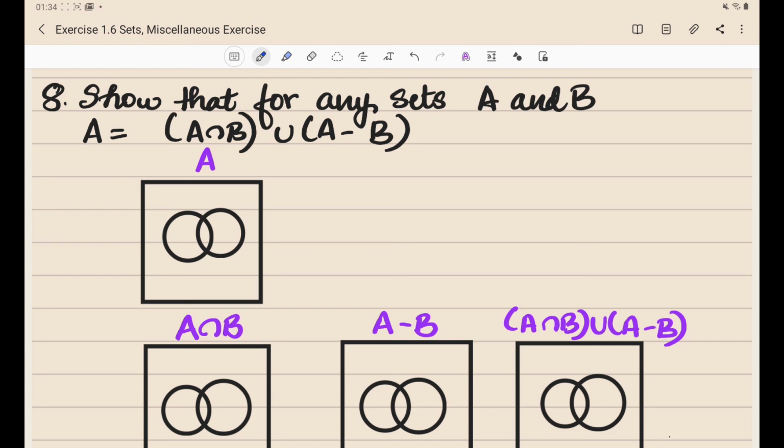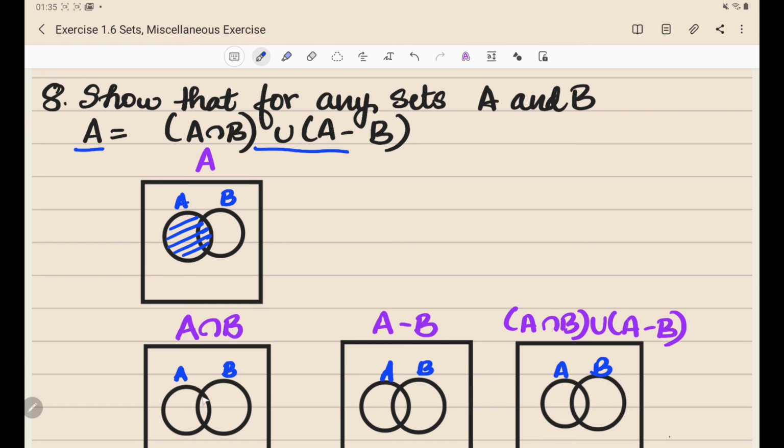If you are proving it through Venn diagrams, take it as the LHS part and the RHS part. In the LHS, it is only the set A, so mark the set A in the Venn diagram, where the circles are marked as A and B. So this is the area, right? Now we have to prove that LHS is equal to RHS. For that, to find it in a more comfortable way, I have split it here: A intersection B, A minus B. Then we will take the union of that and write it in the third Venn diagram.